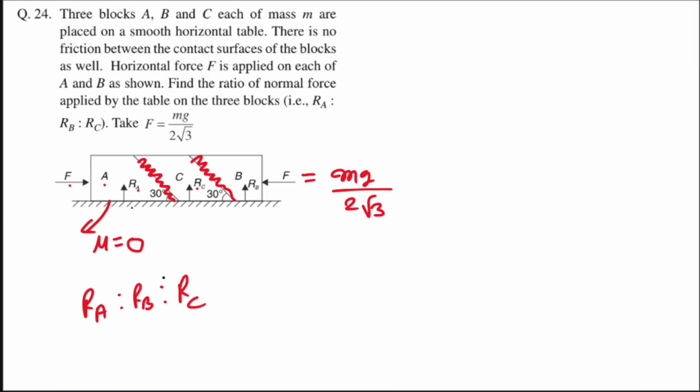What is RA? This is contact force getting provided by table on the block A, and similarly RB and RC are the contact forces applied by surface of the table, ठीक है, on the block B and C respectively. Okay, so how we will calculate RA? By writing carefully free body diagram of A, by drawing that at first, and then by writing their equilibrium equations.